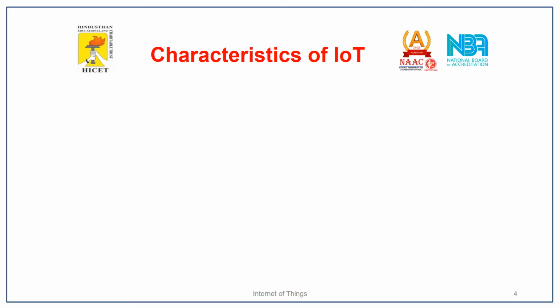When coming to the characteristics of IoT, the first one is dynamic and self-adapting. So IoT devices and systems might have the capability of dynamically adapting to the existing changes. So when some action is taking place or some event has occurred, it will adapt to the situation and will automatically enable it.